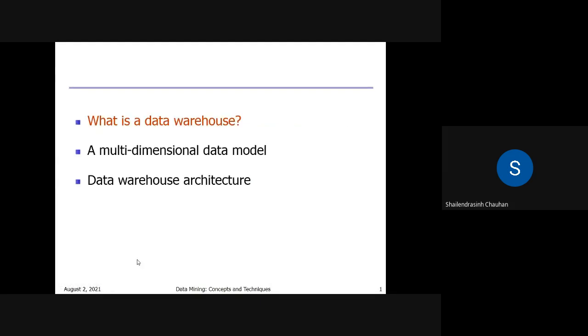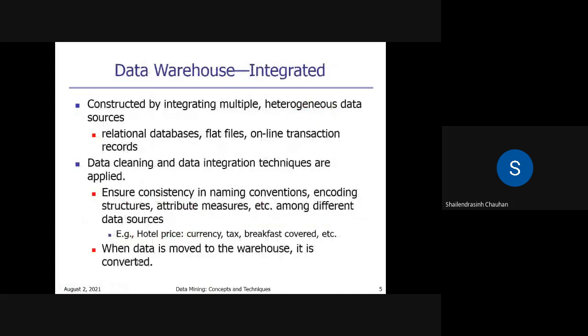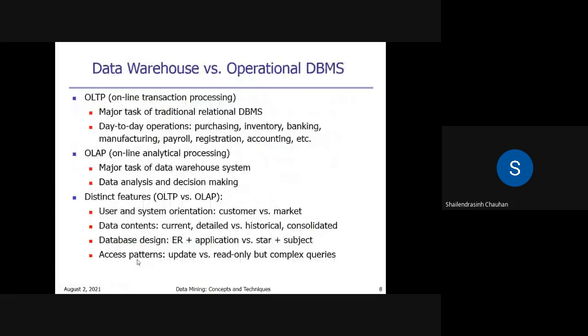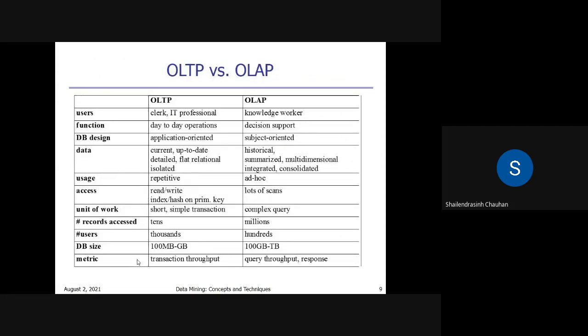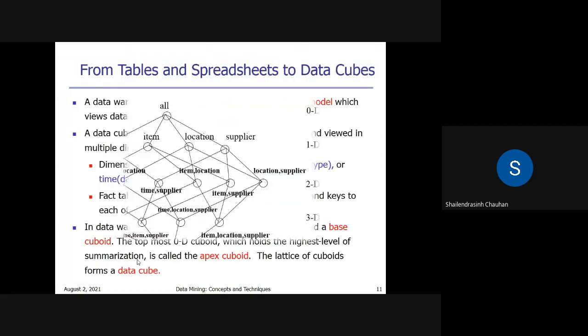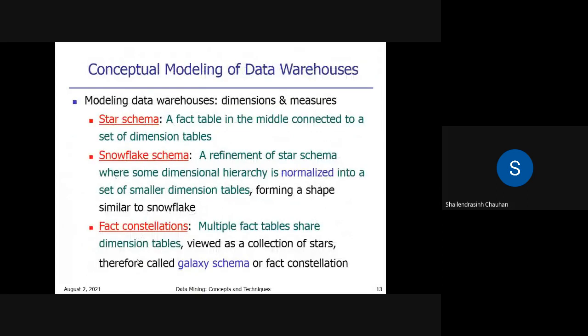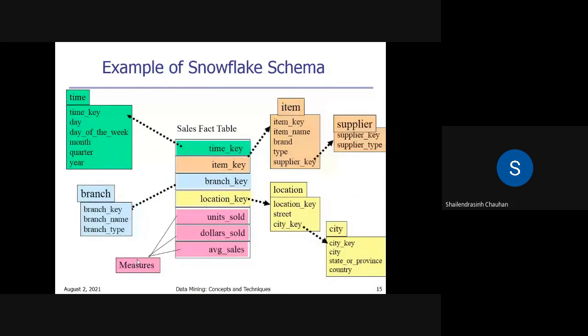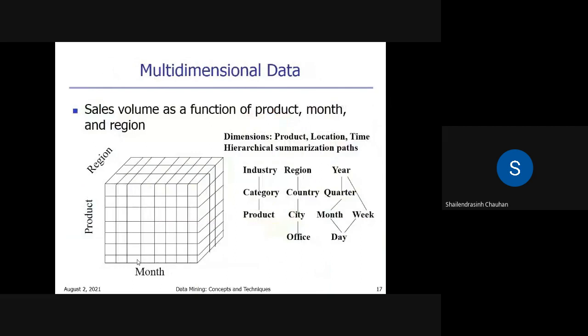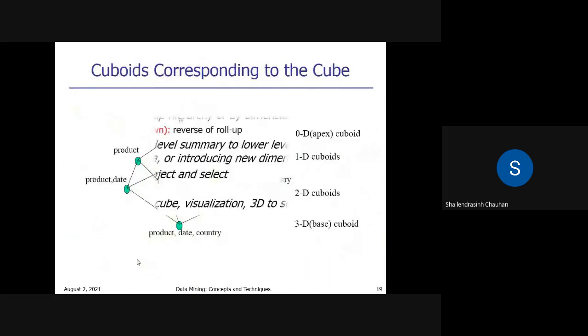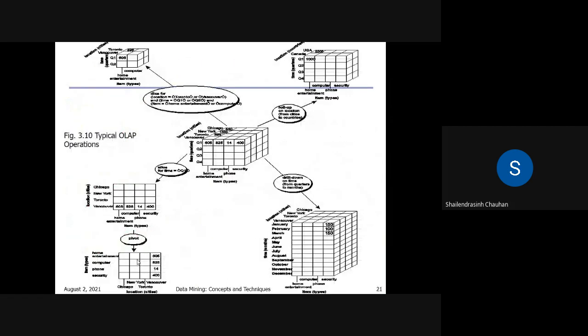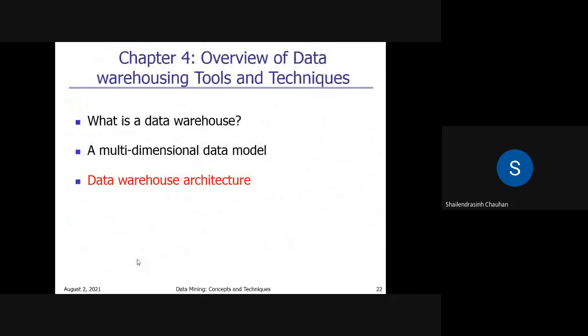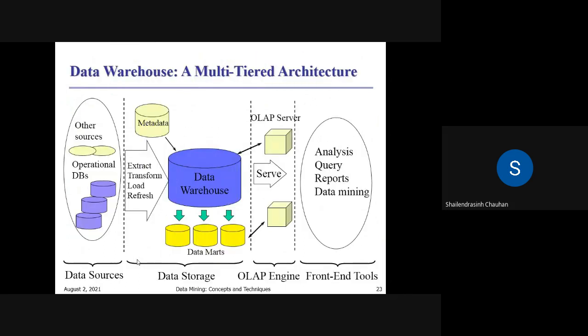Let us have some overview of what we had discussed in the previous session. Till now we have gone through the definition of data warehouse, basic things about OLTP, and the difference between data warehouse and database management system. And we have seen multidimensional data, schemas, cube operations on it, and the architecture of data warehouse. Inside that architecture, we have this OLAP server.